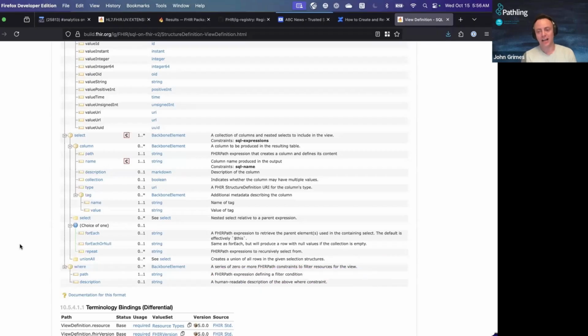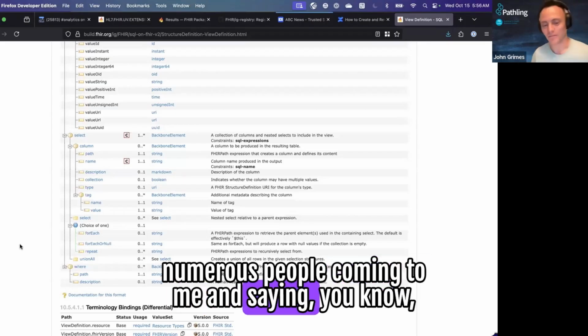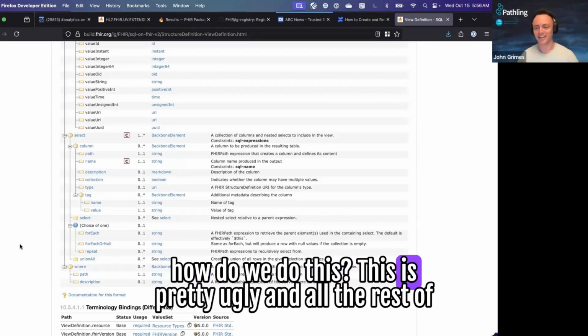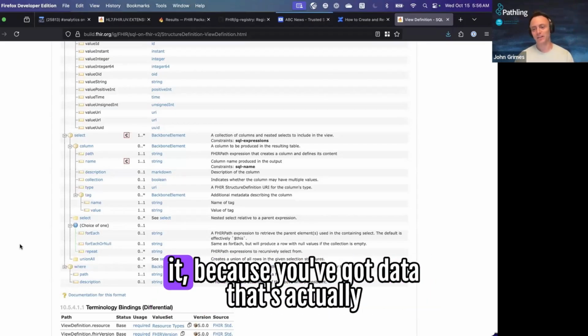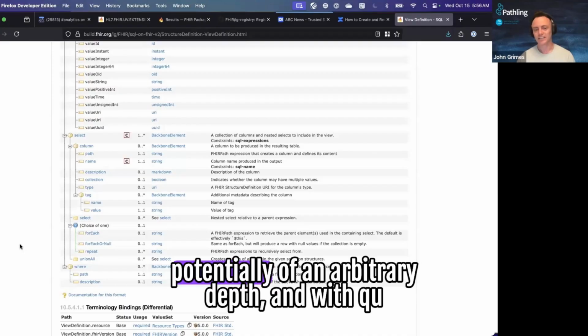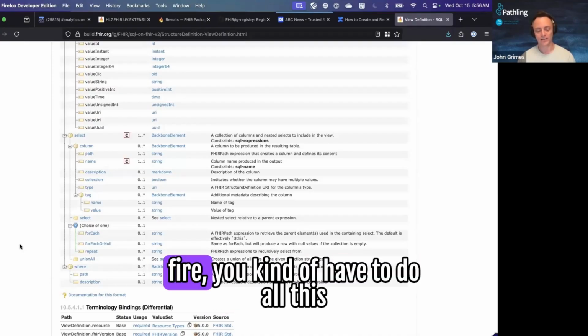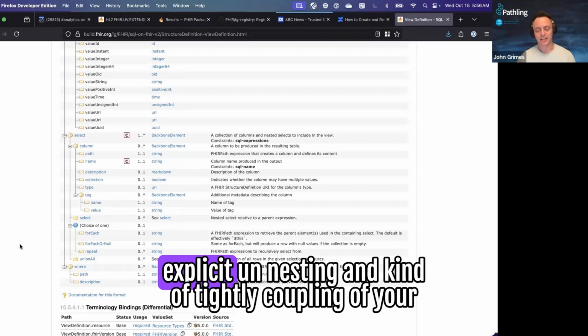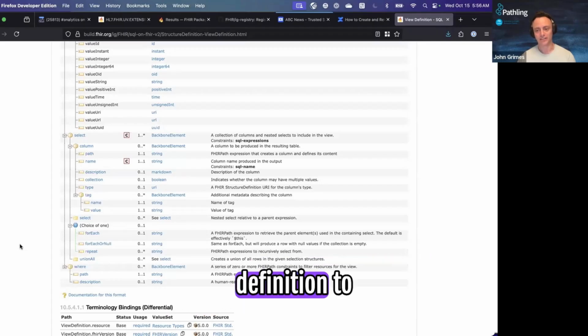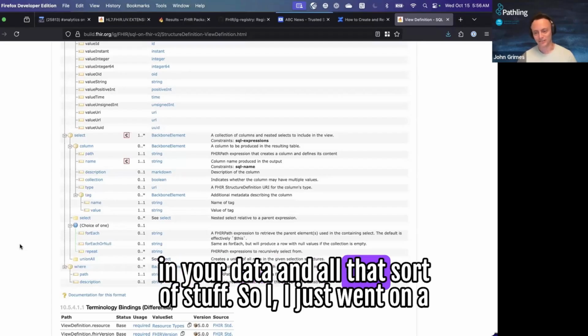I've had numerous people coming to me and saying, how do we do this? This is pretty ugly, because you've got data that's potentially of an arbitrary depth, and with SQL and FHIR, you have to do all this explicit unnesting and tightly couple your view definition to the levels in your data.